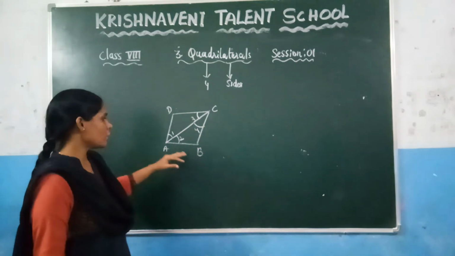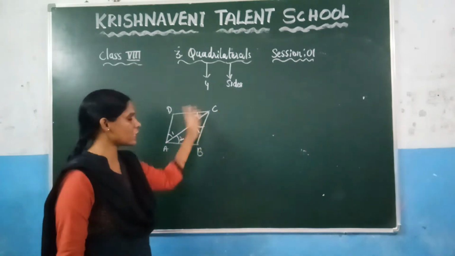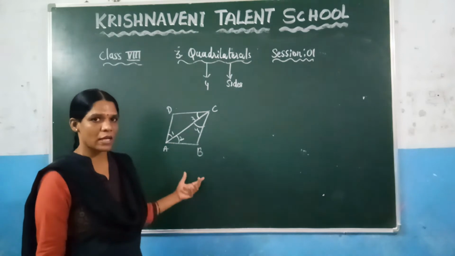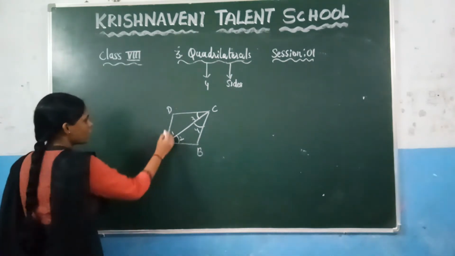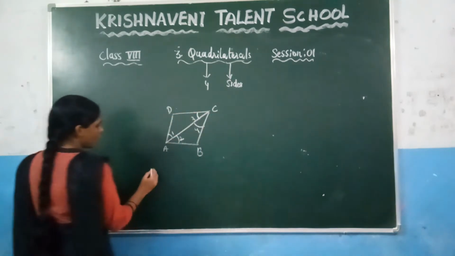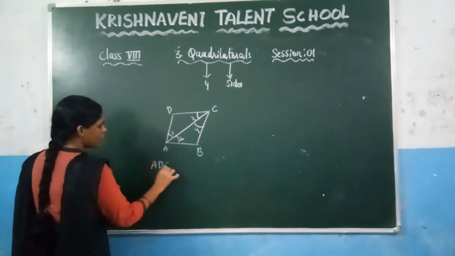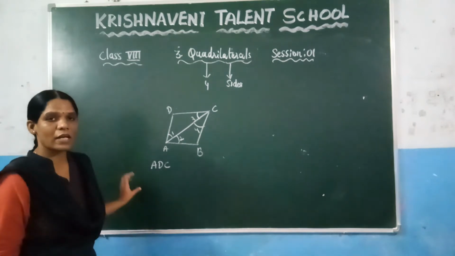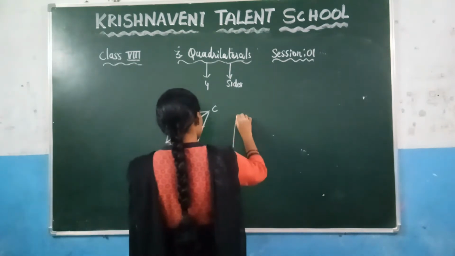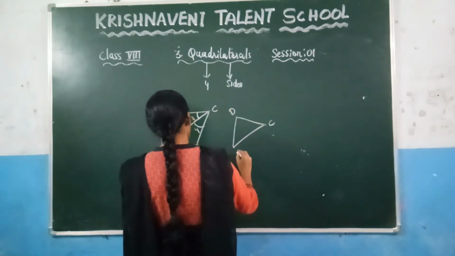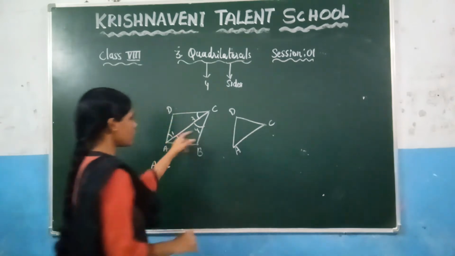Based on that, we are solving for the sum of the angles of a quadrilateral. What is the sum of the angles of a quadrilateral? Now we are going to prove that. Now here consider this triangle, the above triangle. You know that the sum of the angles of a triangle is 180. Which triangle do we choose here? We choose this triangle, the above triangle, which is B, C and D. This triangle, the above triangle.